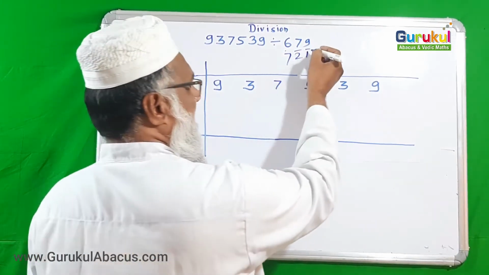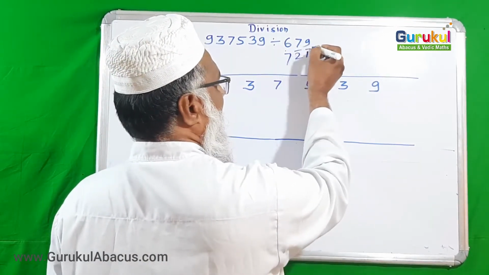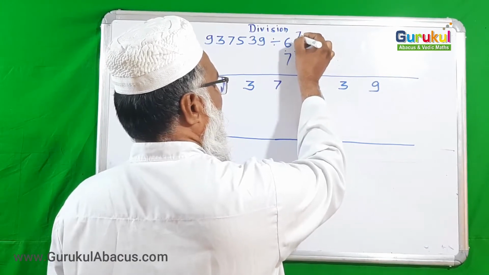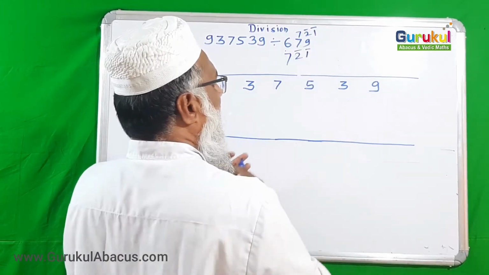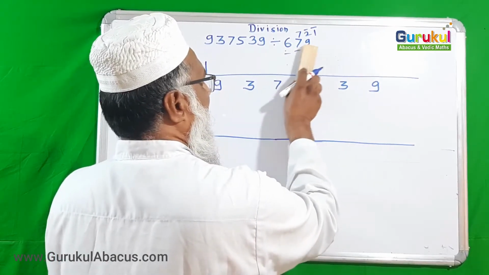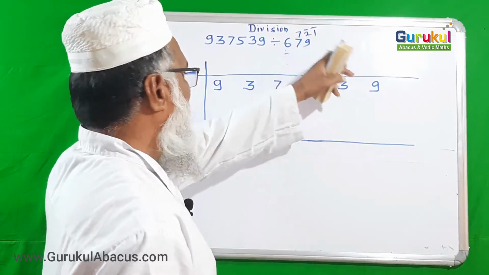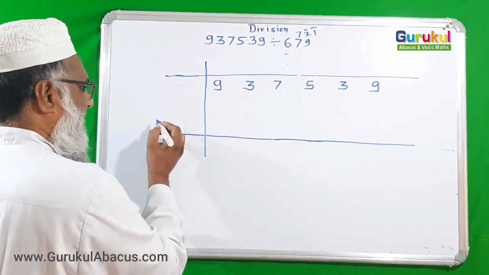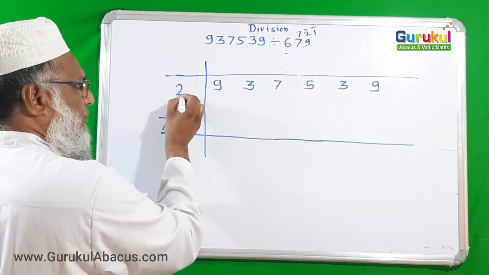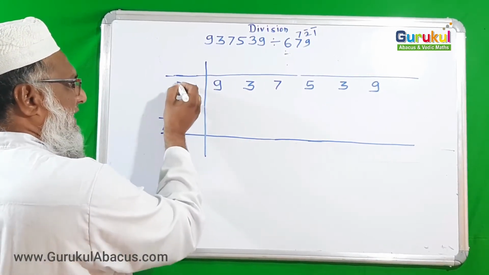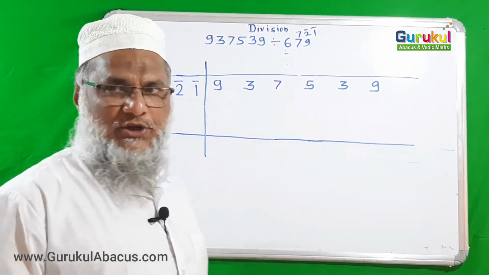So here you can understand that the number 679 we have converted into 7 2 1bar. But in the 7 2 1, the 2 and 1 are negative numbers. That is to keep in mind. So now 7 2 1 I want to place here. 7 is my temporary divisor, and 2 and 1 are my flag digits, but they both are negative flag digits. That is to keep in mind.